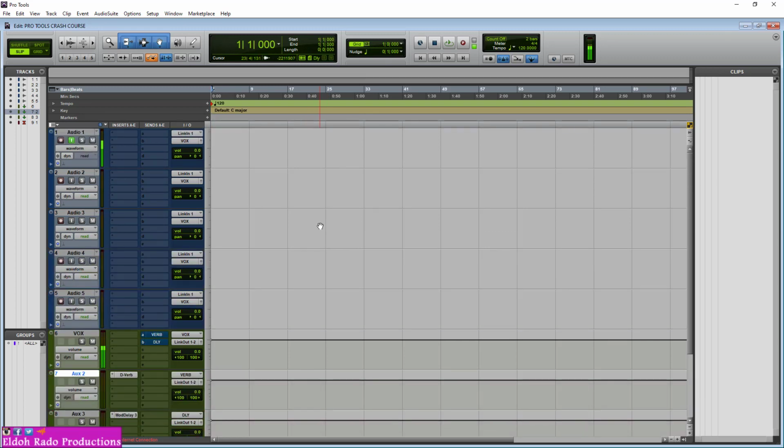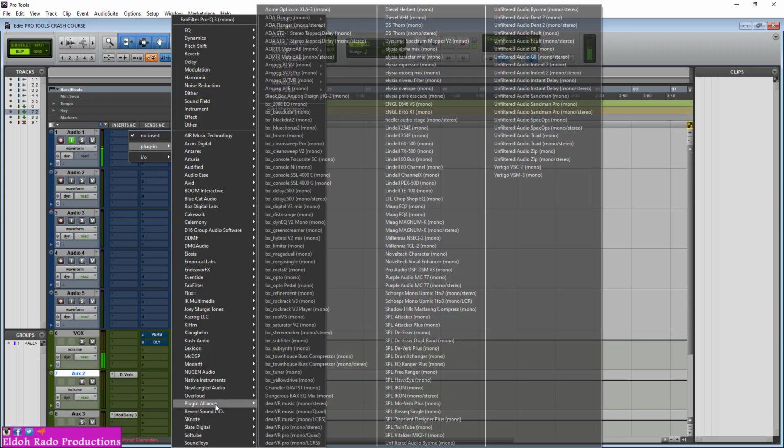Anyways, for instance, if you don't have an Apollo interface, you don't have the Unity technology or whatever the case may be, there are other ways to go about doing this. One of the ways is using plug-in preamps and compressors. For instance, if you don't have any external compressor or external preamp, you can use plugins. So what I normally use in my recording sessions is Plugin Alliance